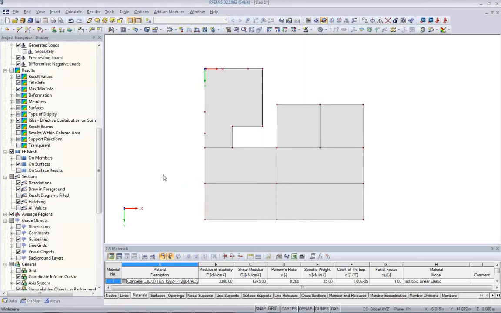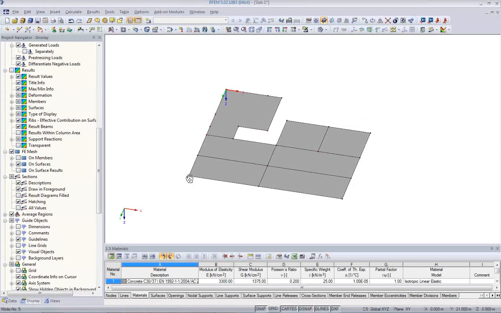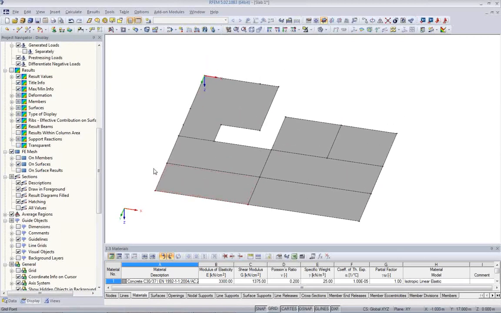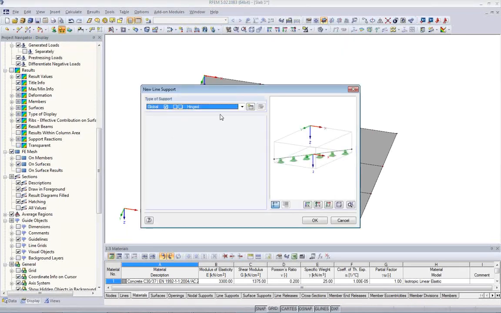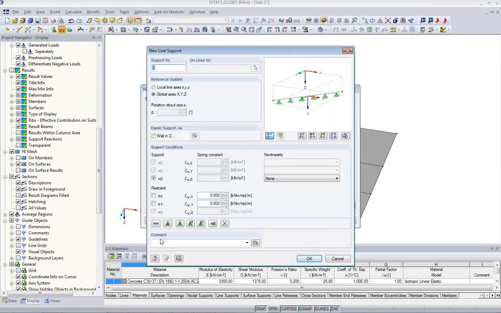And we are done with the surfaces. Next, we'll enter quickly the linear supports from the walls. Okay. I can either enter a rigid linear or hinged linear support, or as a specialty in